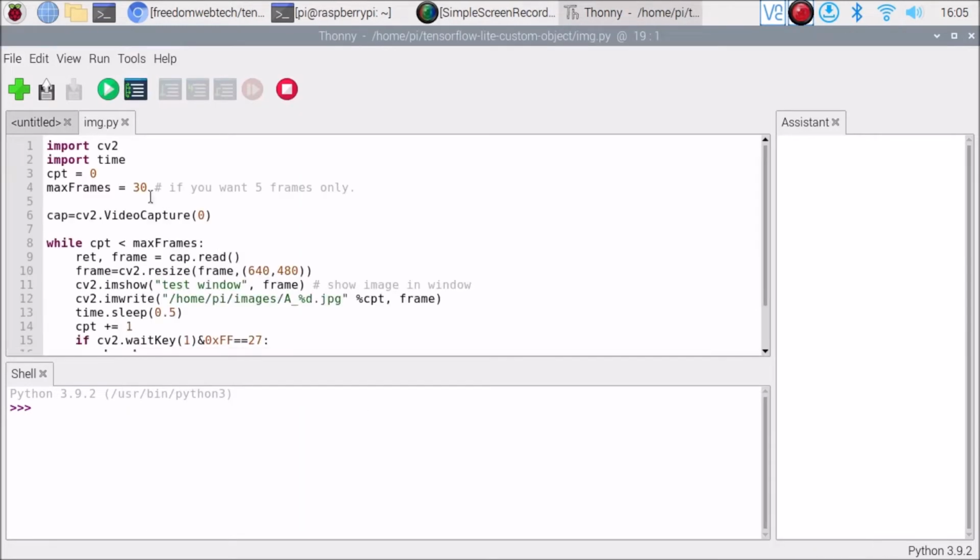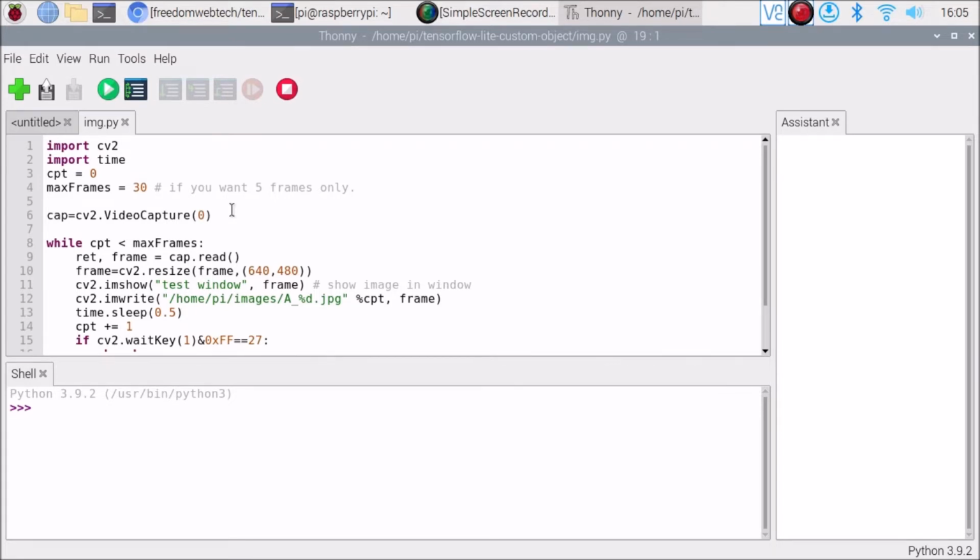The img.py basically captures our data images. So we need images: the first one is yes, the second one is no, the third one is thank you, and the last one is I love you. So this is our data.